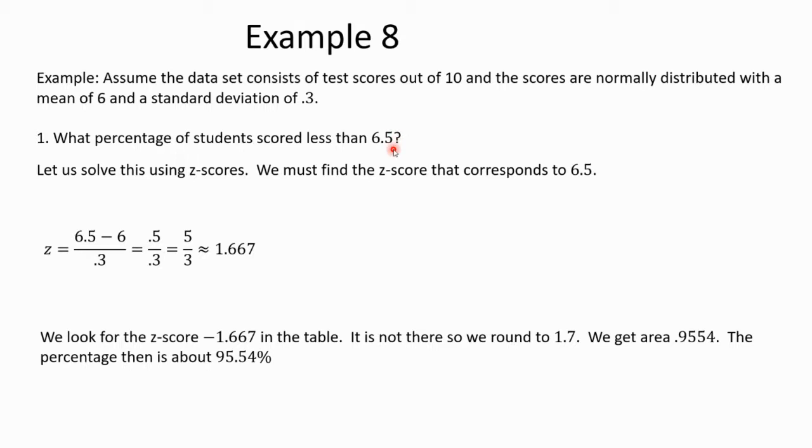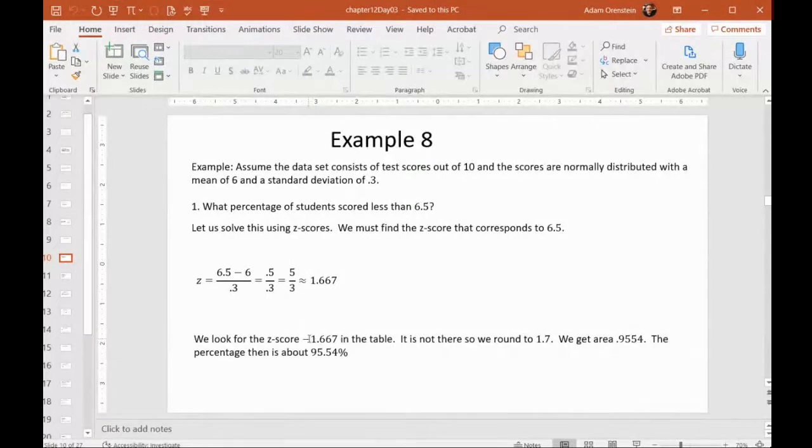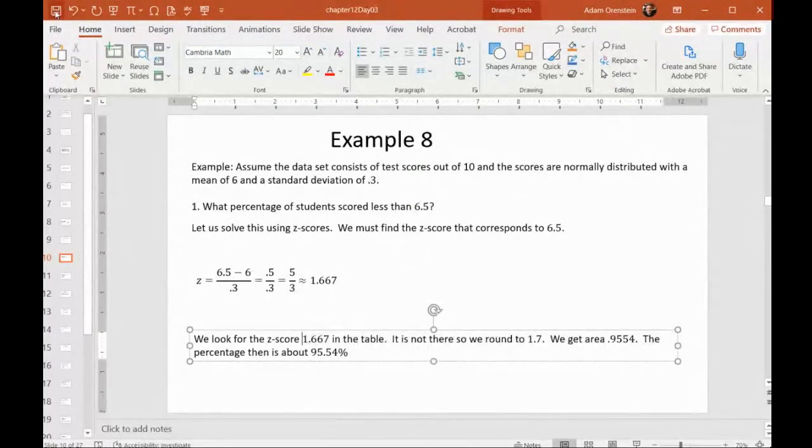Again, we're not going to use Desmos. What we can do is first convert to a z-score. We have the data value, which is 6.5, and we're converting it to a z-score, just like we did last time. You take the data value, subtract the mean, divide by the standard deviation, and this is what we end up getting, about 1.667. So if we were to use the table then,